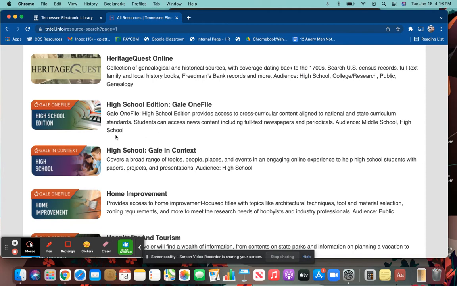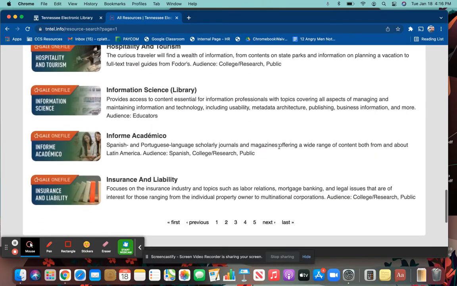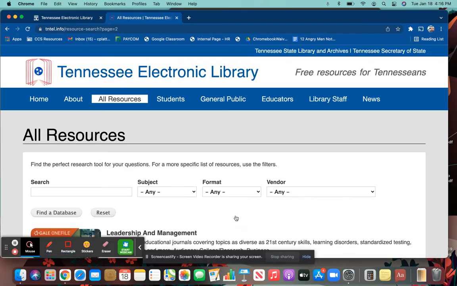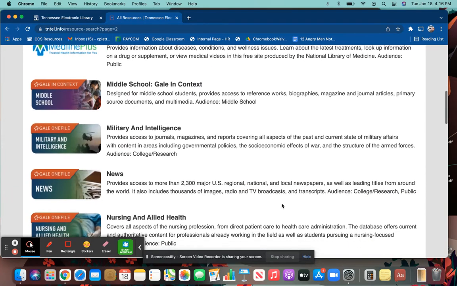High School Edition will give you articles in response to your search terms that are really aimed at grades 9 through 12 reading level. There's also a middle school portal, which you may not want to avoid if you're researching something very complicated. If the content that you are finding when you enter your search terms into other resources is really complicated and you're having trouble understanding your issue, starting here in the middle school portal and then moving on to others